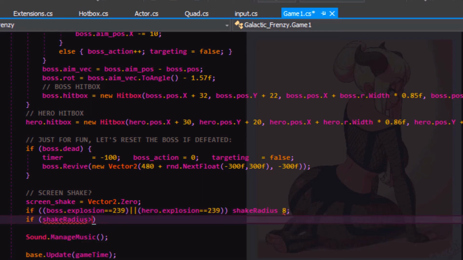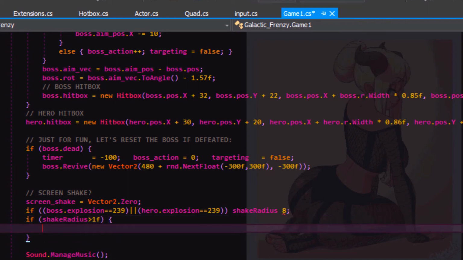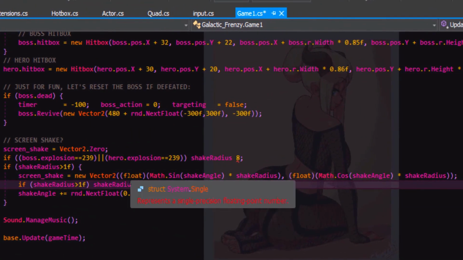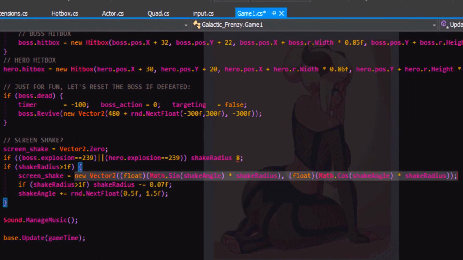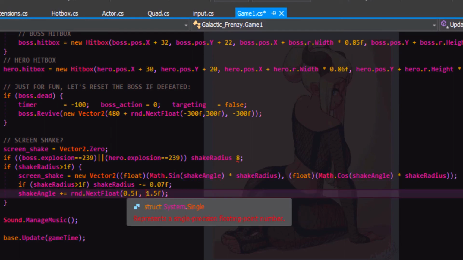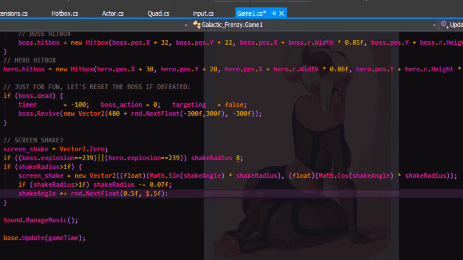So if the shake radius is big enough to do any shaking, okay, I added the code for it, and what we got here is we're setting a shake vector. We're using that shake angle, which is going to increase by this amount each time it comes in here. So it's getting a random float between 0.5 and 1.5. 1.5 is like a 90-degree turn. 0.5 is, I don't know, like 20 degrees or something.